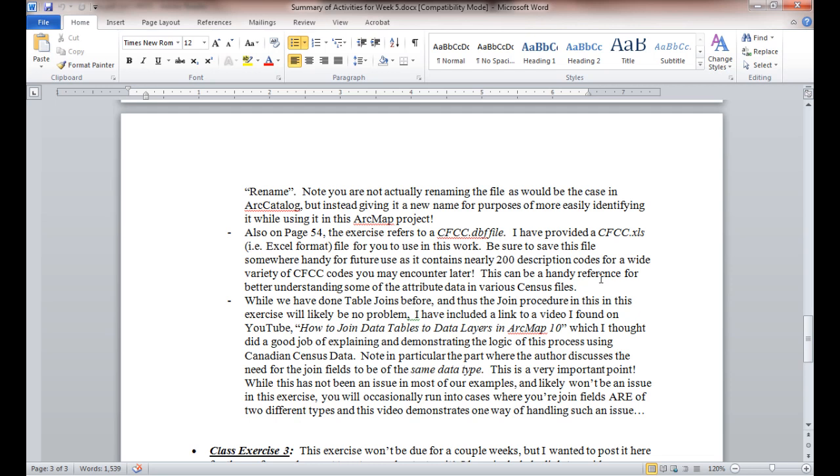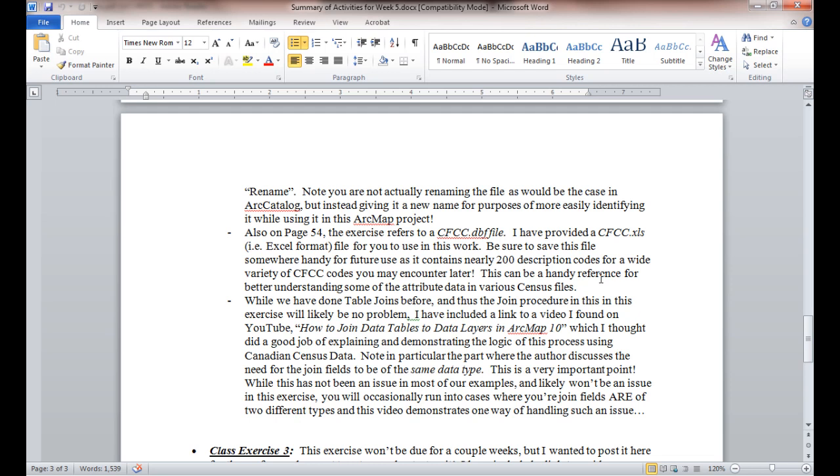And so I thought it was nice that they covered that, and they showed you a technique that you could use to basically create a new field and set it to the type you want, so that it matches the field and type that you're going to join it to, and then you can copy over the data from the different field type into this new field and do your join that way. And again, I don't think it's an issue in this case,